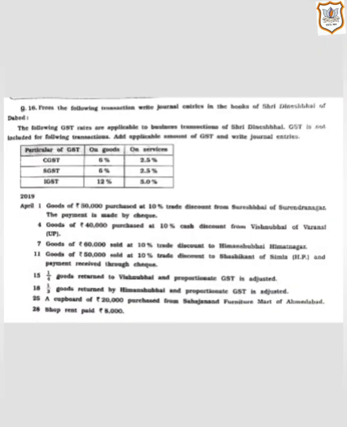Yes, date 11th. Goods of rupees 50,000 sold at 10% trade discount to Shashikant of Simla, that is in Himachal Pradesh, and payment received through check. This is a cash transaction, and as we have received payment through check, here bank account is definitely going to be affected, and this is a case of interstate transaction, as